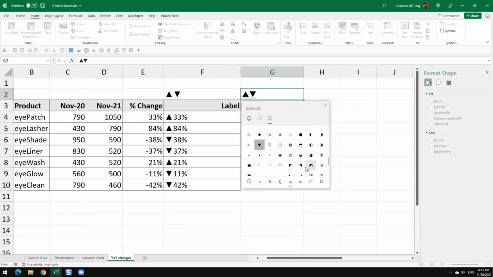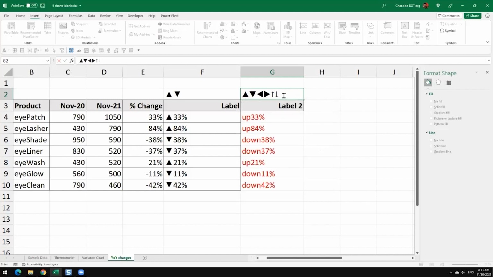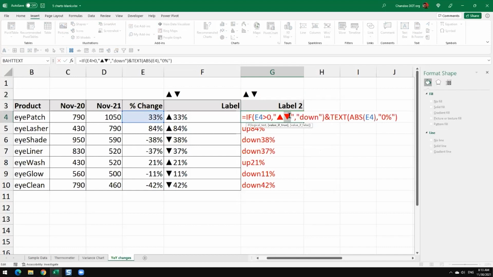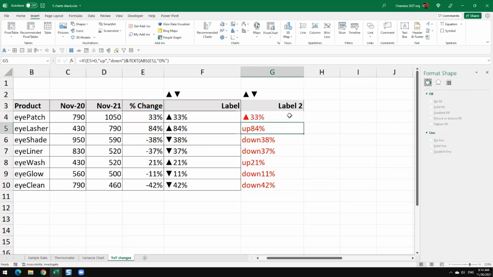There's quite a few interesting symbols here, so you may want to try them out. Like this and that are also good. There is even an up arrow and a down arrow, like an arrow symbol as well. So whatever works you could use. I'm just going to use the first two. And once these symbols are there, we will copy them to the clipboard, Control C, go to the formula where it says up, paste the up arrow, where it says down, paste the down arrow. And once these are there,